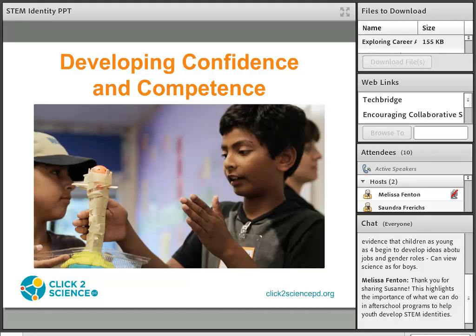When youth collaborate as part of a team, they learn together, and they also develop skills in communicating, empathizing with others, and seeing things from different points of view. Research tells us that youth respond strongly to hands-on collaborative STEM activities. They're engaging and fun. When they enjoy working as part of a team to solve a problem, they develop their sense of competence and confidence in STEM.